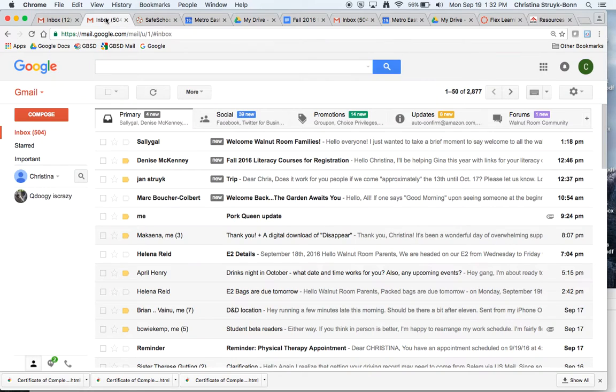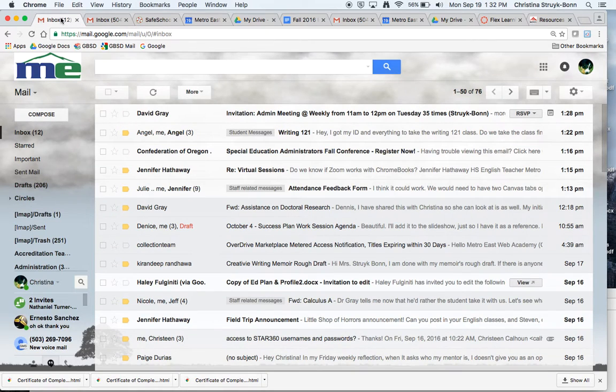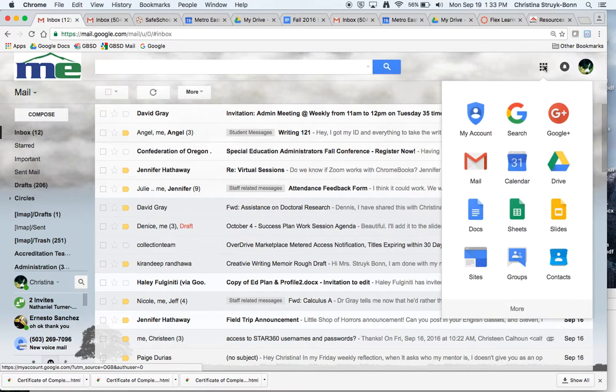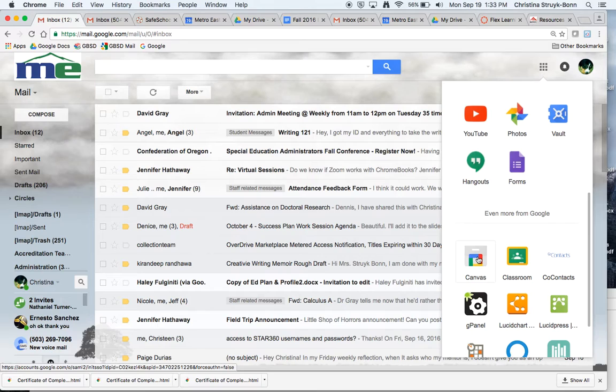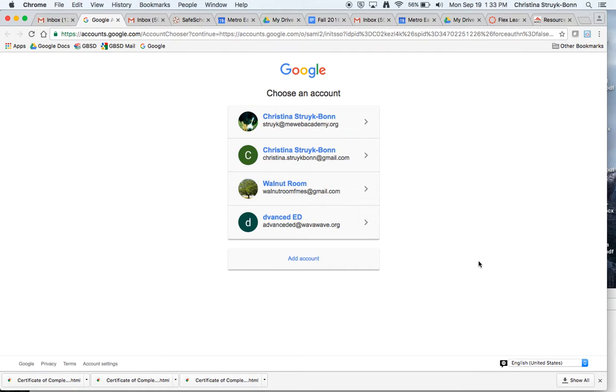So my email is right here, and you can see I have some crazy number of emails and someone sending me a message about writing 121. Good. So what I do is I go to my little grid here that has lots of options, and if I click on more, then Canvas shows up right here. Now I'm already logged into Canvas, so it will probably just show up, but I click on that, I go to my school email account, and